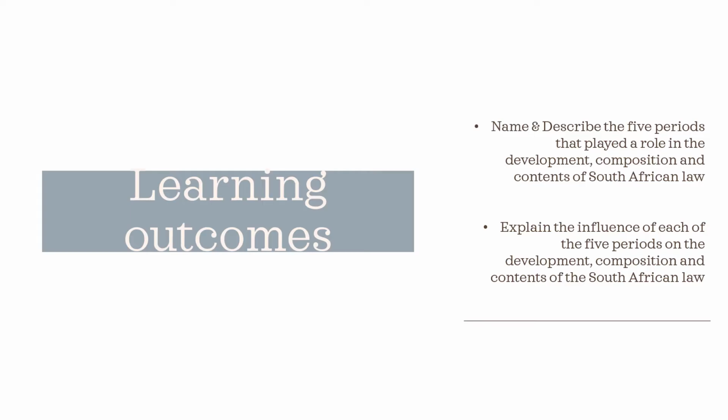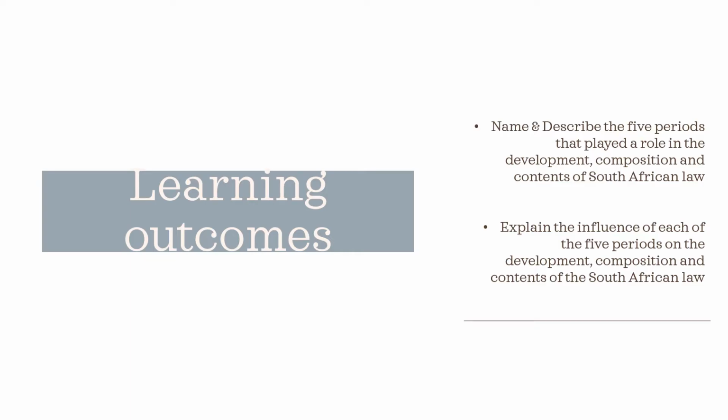So the learning outcomes for this unit is you need to be able to name and describe the 5 periods that played a role in the development, composition and content of South African law. Then you also need to explain the influence of these 5 periods on the development, composition and content of the